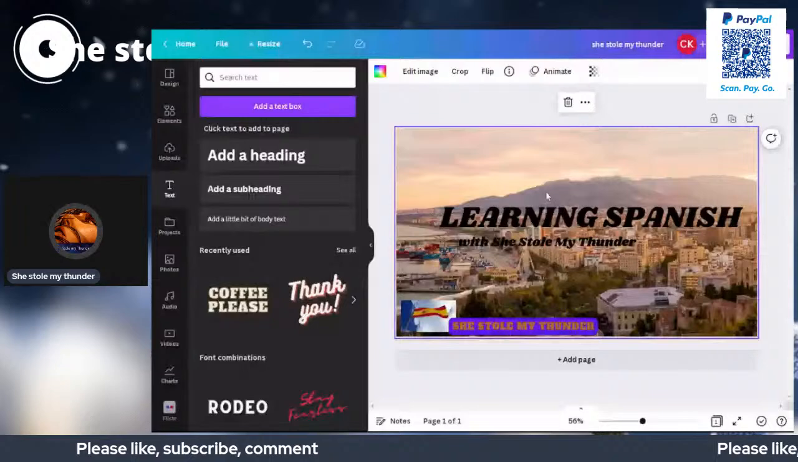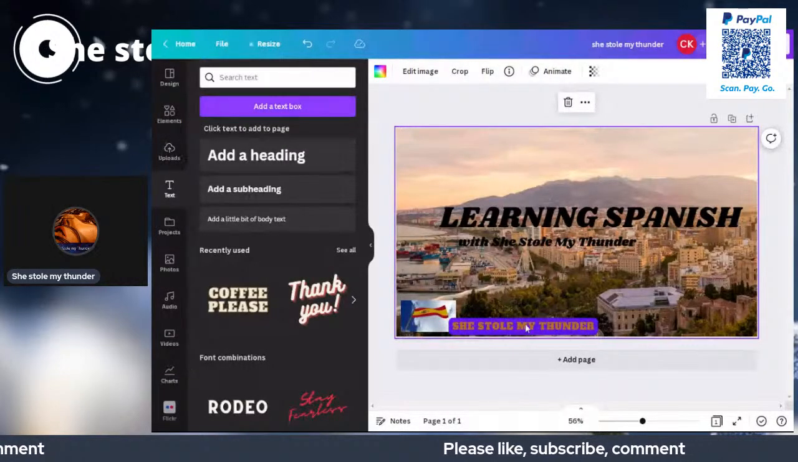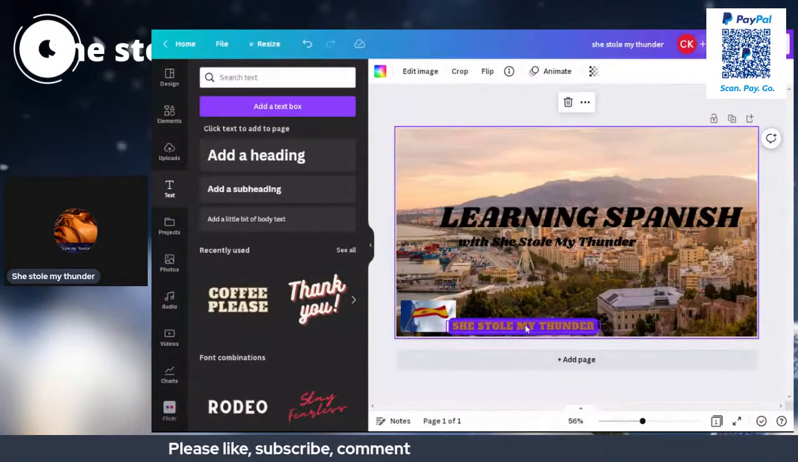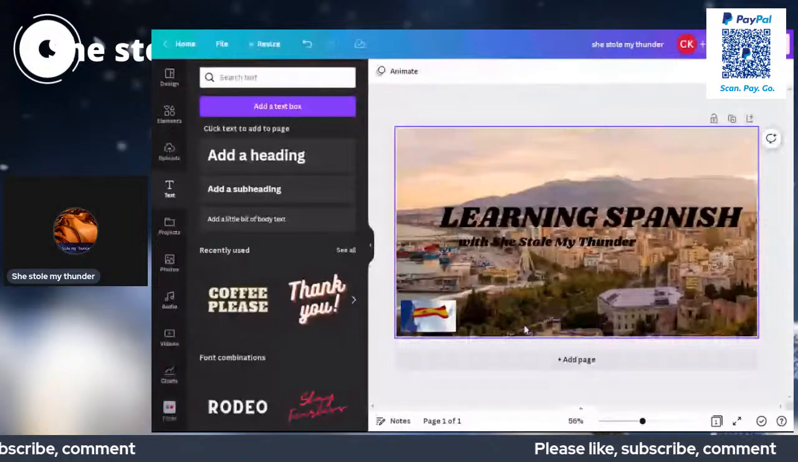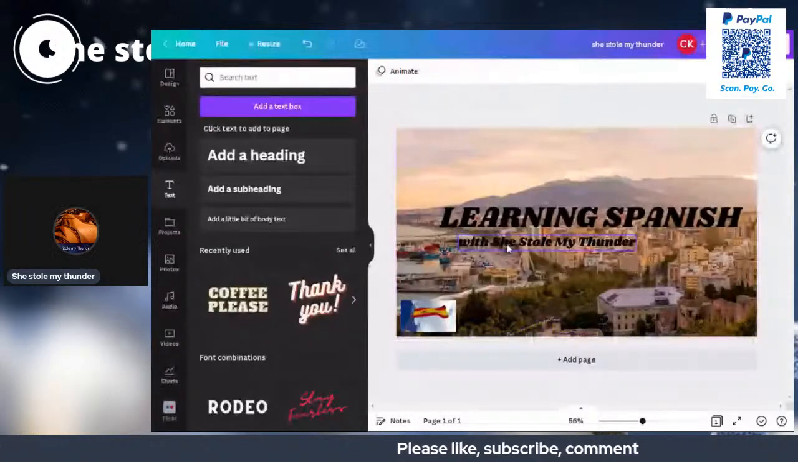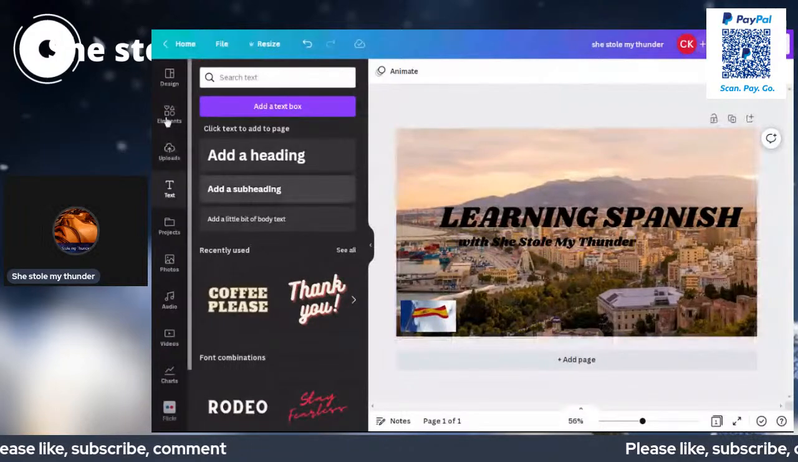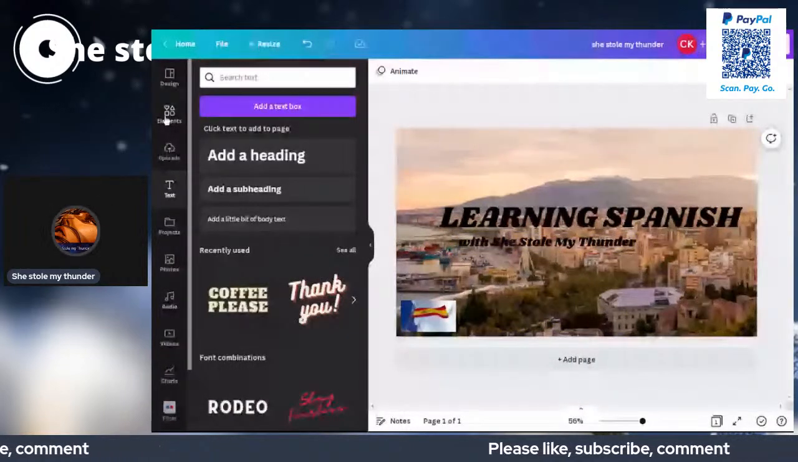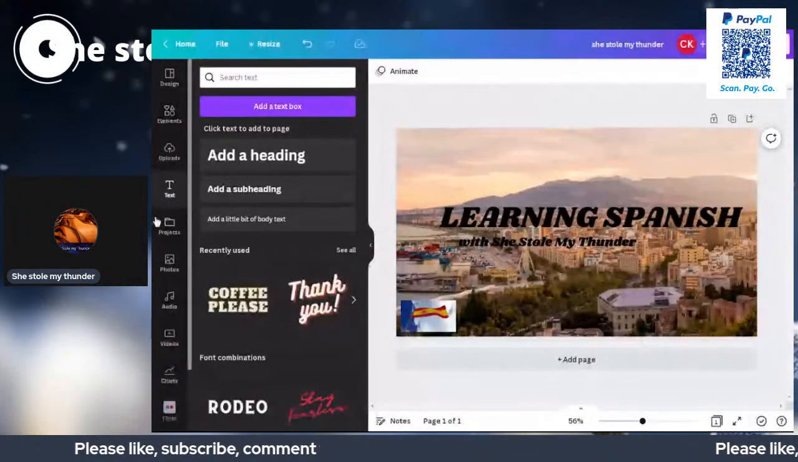So the first thing that I'm going to do is add a background element to it. I can do what I did with She Stole My Thunder. In fact, since I have She Stole My Thunder twice, this purple one, I'm gonna flat out delete it since we don't need it. We don't need to repeat ourselves. We already know since it's said above. And I'm gonna go on the left hand side, all the way to the left, where it says design elements, blah blah blah. I'm gonna hit on my photos,